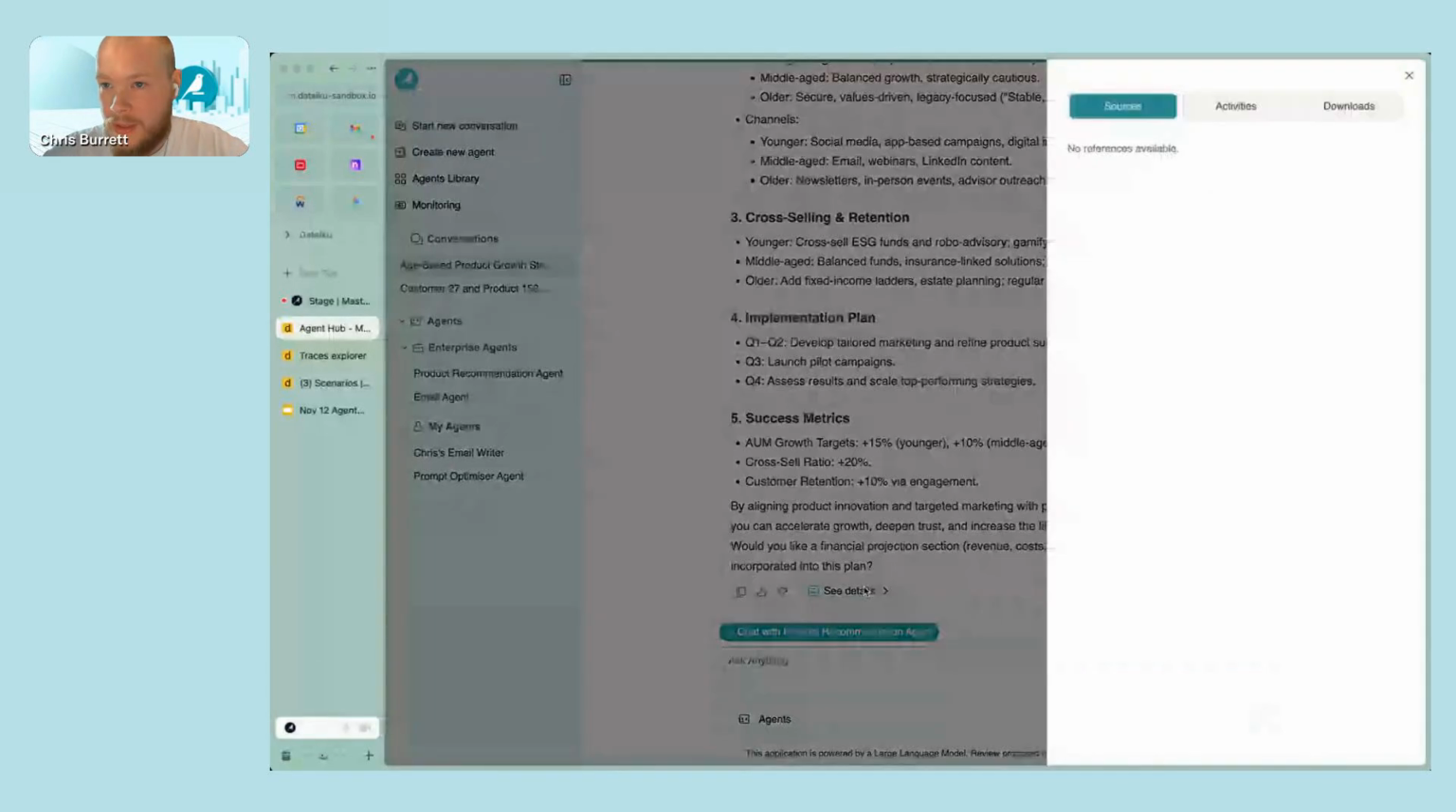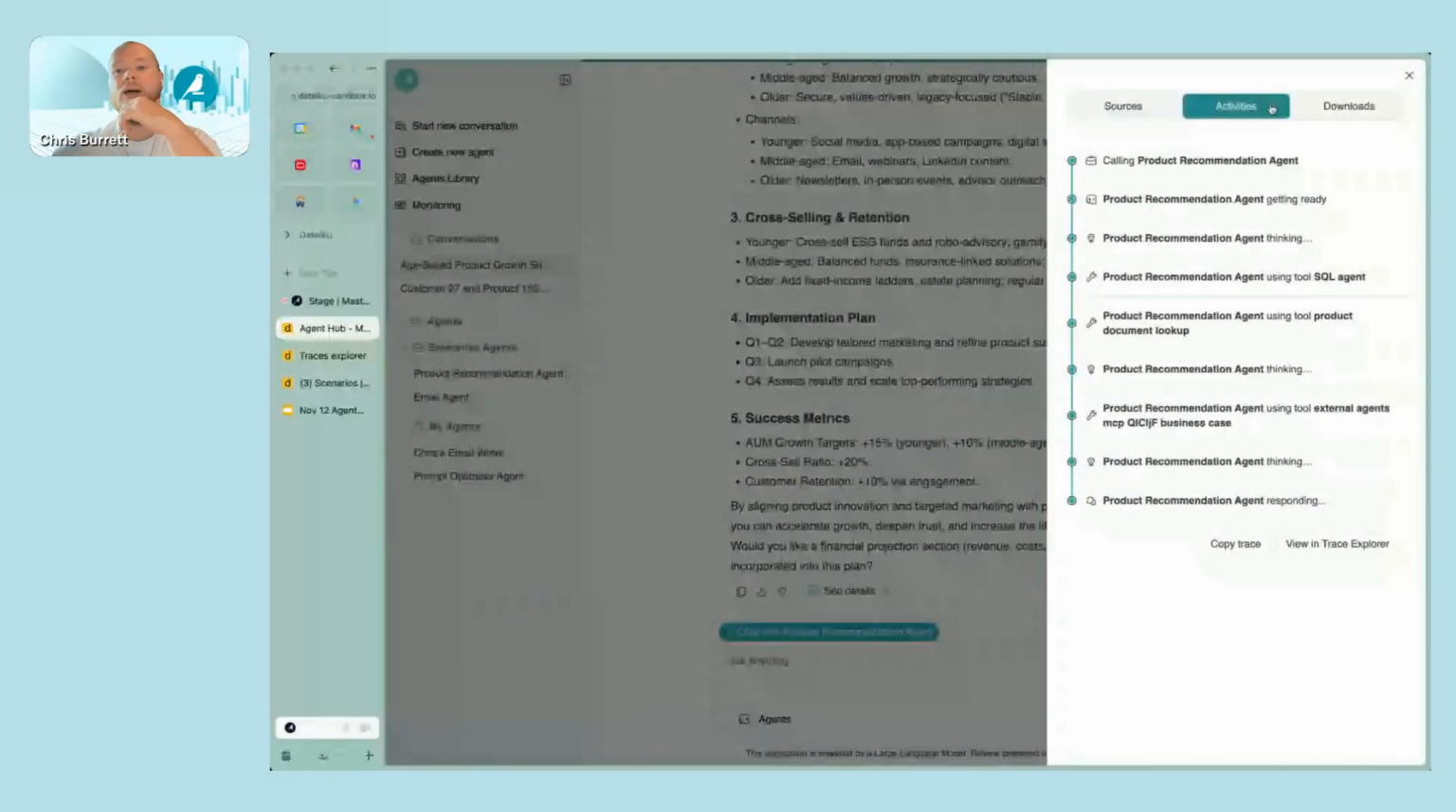So in this case, we can actually see what it did. We can come over to activities. It used the SQL agent to get that structured data. Then it did the vector database search. And then finally it goes, well, hey, we should probably use the external agent, because that agent is specialized at creating those business plans that's been set up by another team. So we want to use that external agent, and then it finally gets back to us and provides us a plan,